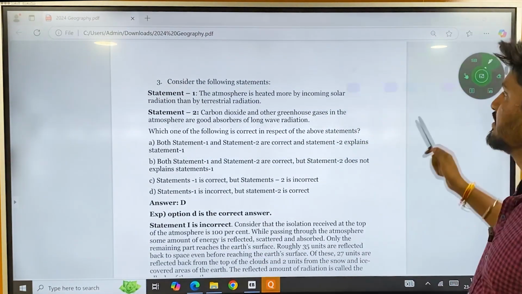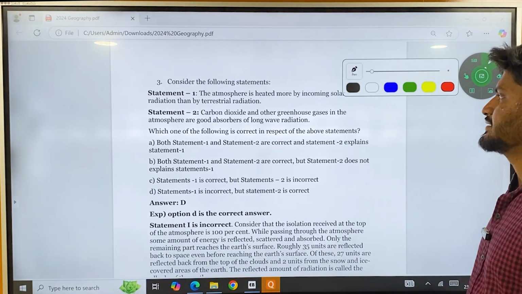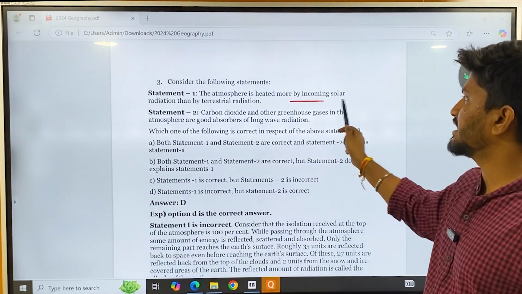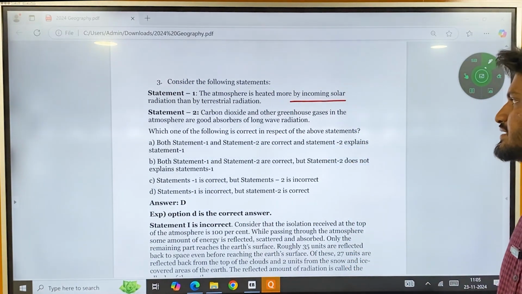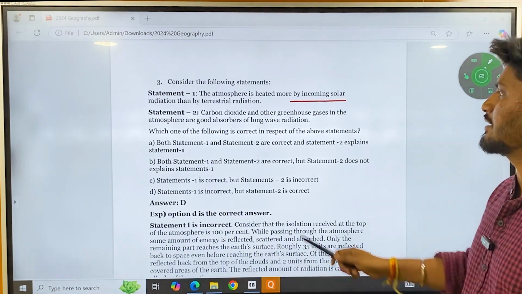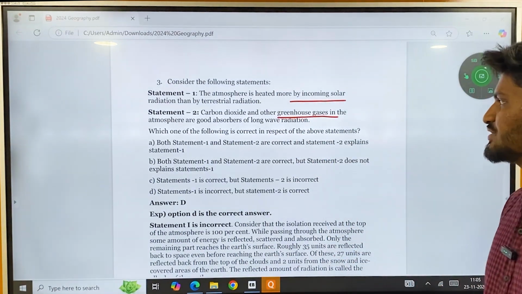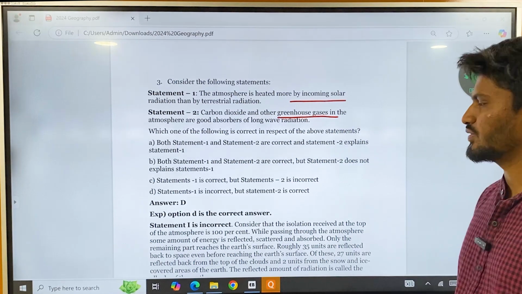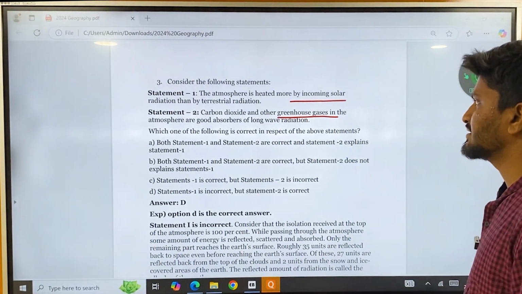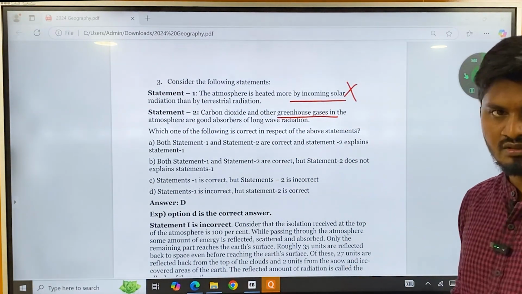And question number 3, consider the following statements. Statement 1, the atmosphere is heated more by the incoming solar radiation than the terrestrial radiation. Statement 2, carbon dioxide and other greenhouse gases in the atmosphere are good absorbers of long wave radiation. So the correct answer here is that statement 1 is outrightly wrong, because